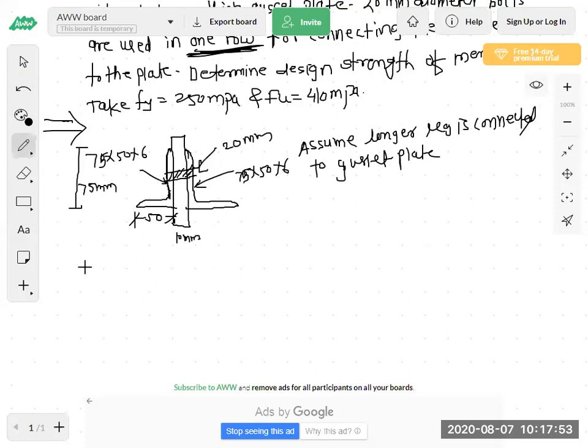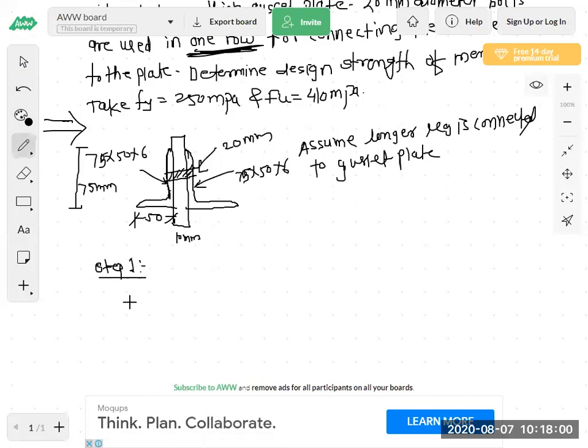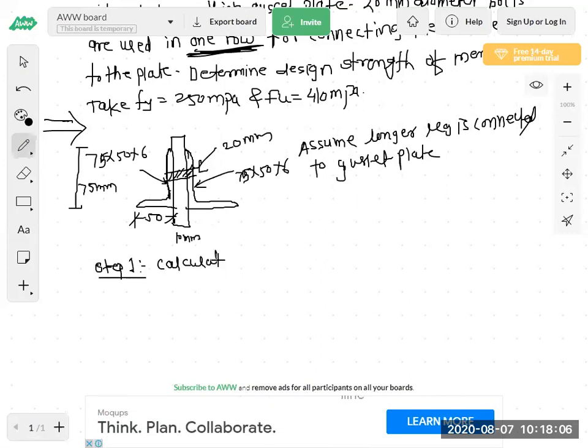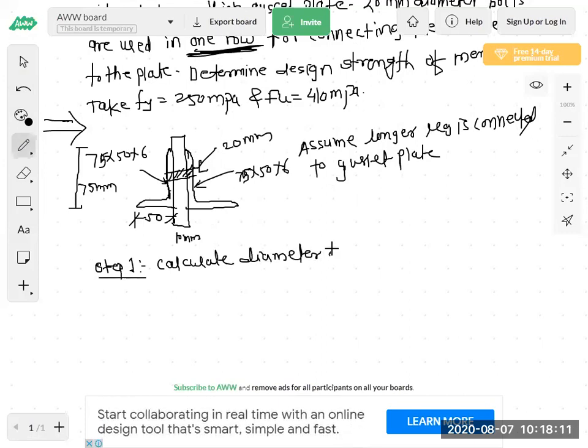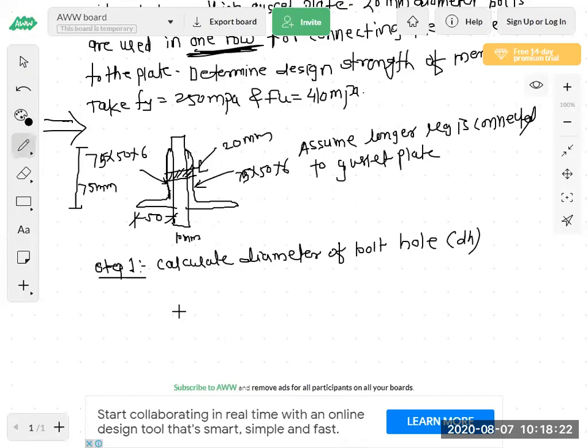Next, step number one. What is step number one? As per our load carrying capacity procedure, calculate the diameter of the bolt hole. And if a welded connection is there, we need not calculate this diameter. Okay. So again, DH is equal to